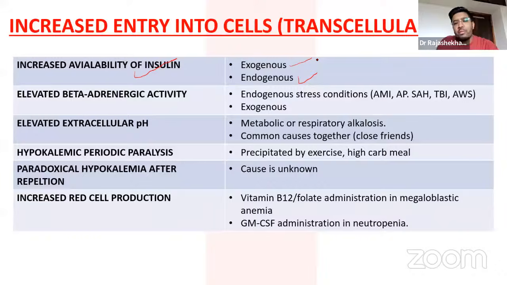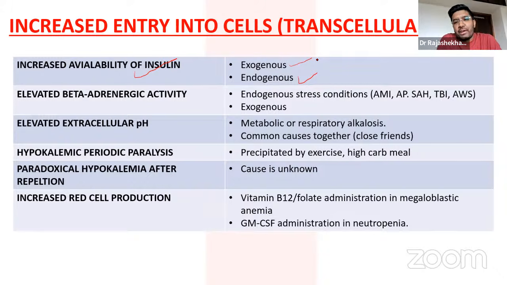The very common instance is also when we give the dextrose containing fluids to the patient. So before giving any amount of dextrose to the patient, it is better to confirm the potassium beforehand, because if you are giving the dextrose to the patient, whatever the dextrose or the sugar which is going into the intravenous route is going to secrete the insulin from the endogenous source, again moving this potassium from the extracellular fluid to intracellular, and can precipitate the hypokalemia.